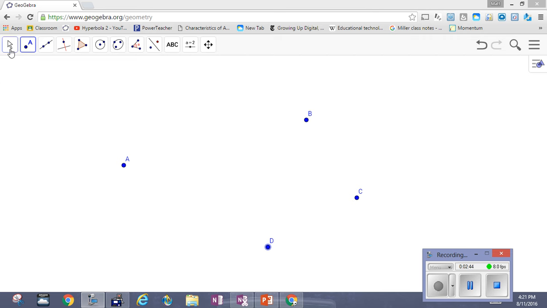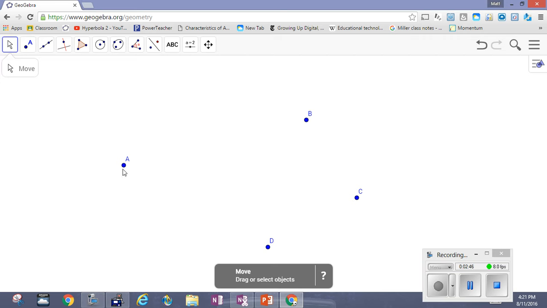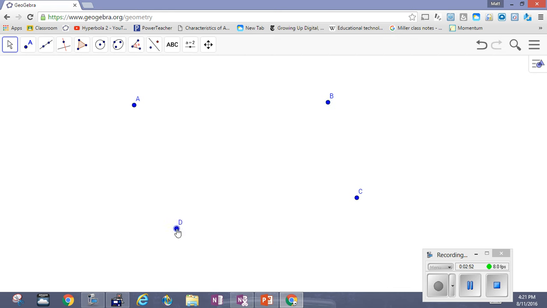Okay, now with our arrow tool, we can move the point wherever we might want to relocate it. But you might still be asking, well, where is it located? So then what we do is we come up to this little icon here, the circle, and it's called the style bar, with the circle and the triangle. We click on it, okay? Now since that point is activated, it's going to allow us to make some options on that in terms of color and size and the like, okay? But I don't want that active, and you can see when I took the activation tool off of that, it changed my